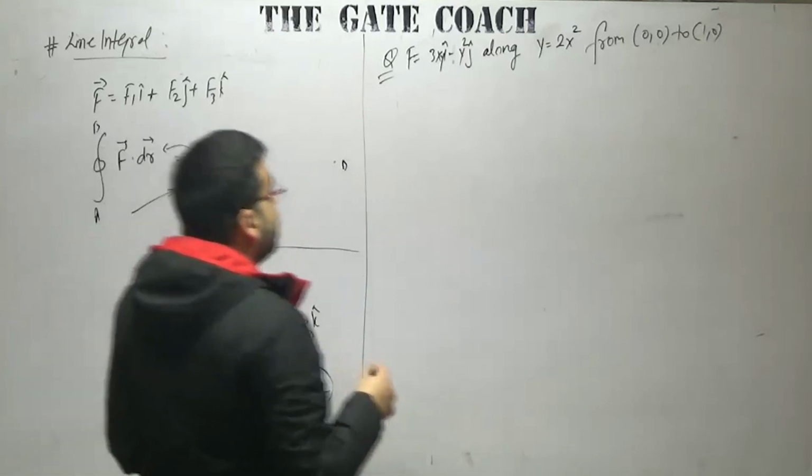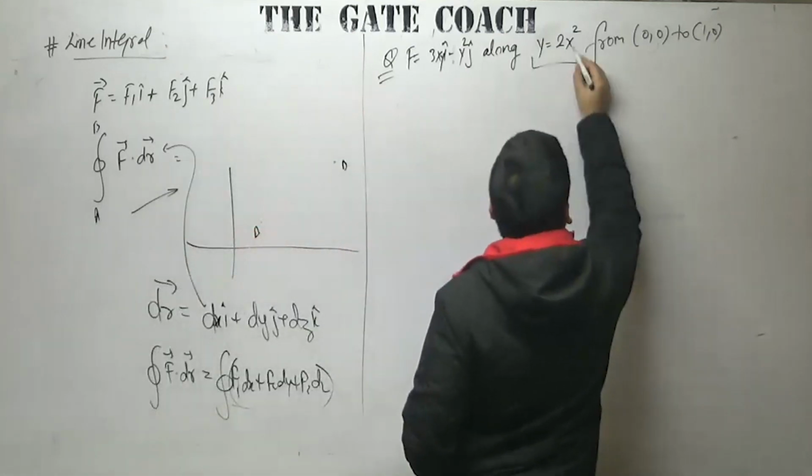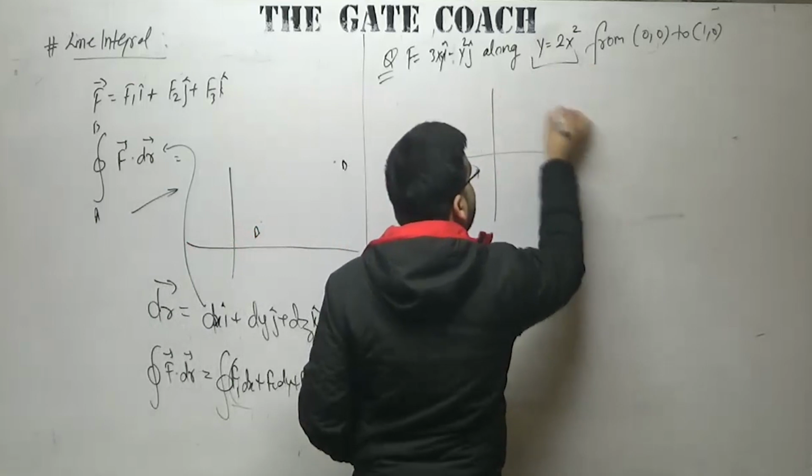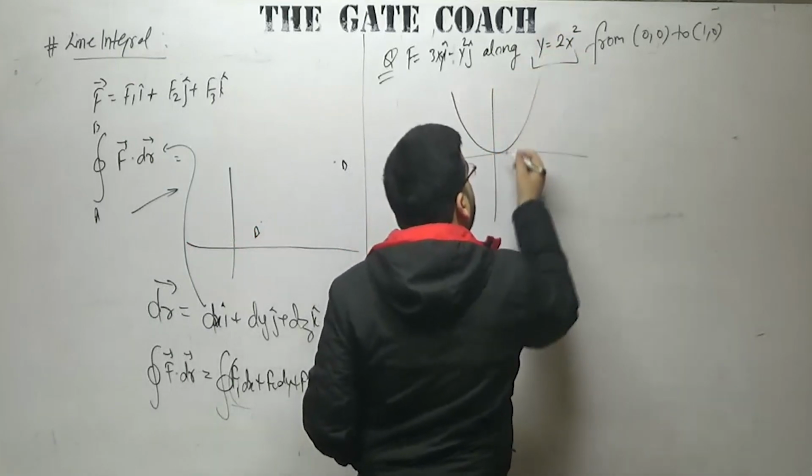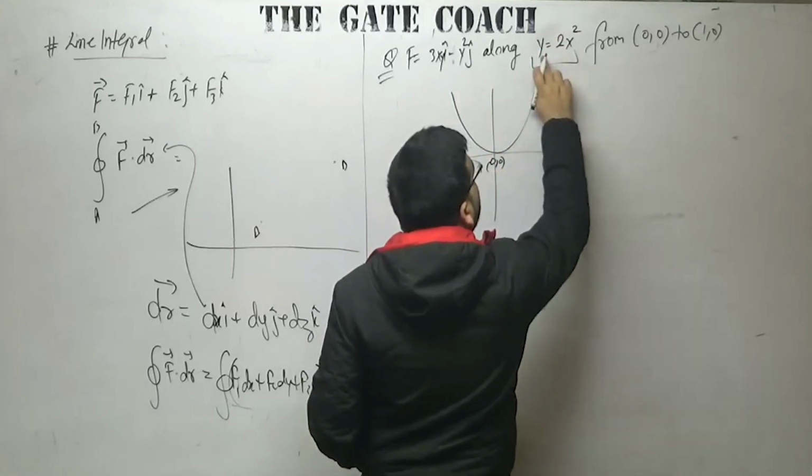Now what is the meaning of this? First of all, you draw this curve, then I will tell you what is the meaning of this. So y square is 4x like this, x square is equal to 4ay like this. So the curve will be somewhat like this. Let us put some points. It will be 0, 0. If you put 0, it will be 0.